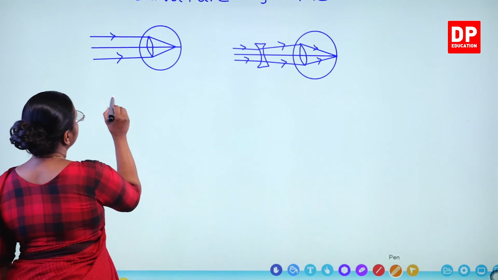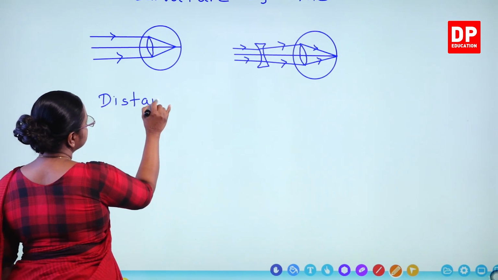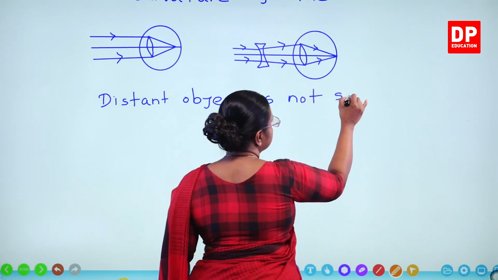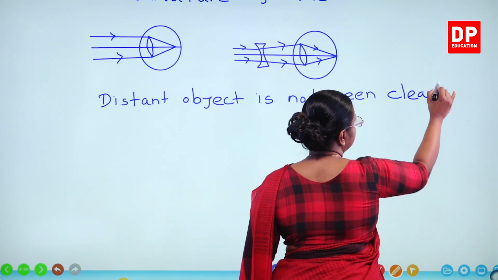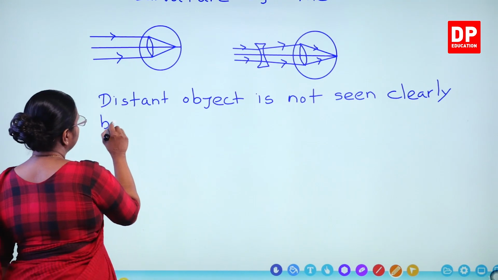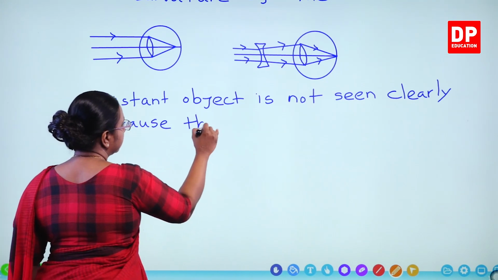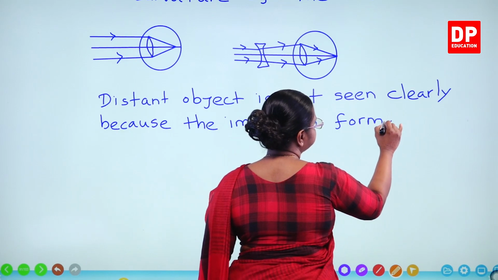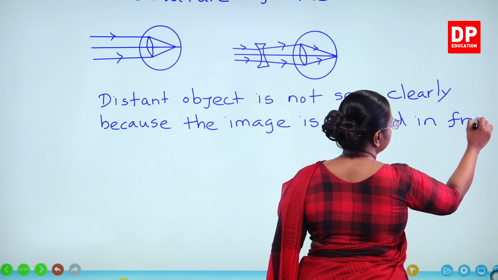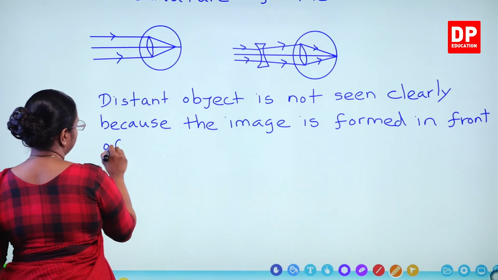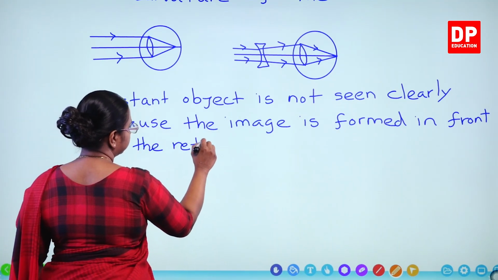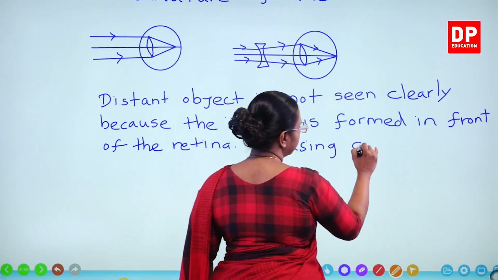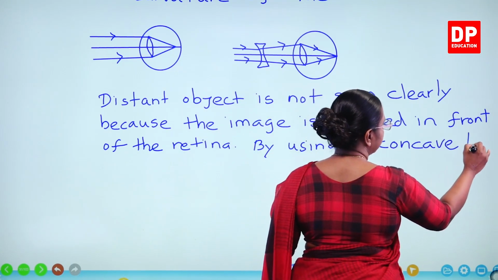So, we can see a distant object is not seen clearly because the image is formed in front of the retina. By using a concave lens,